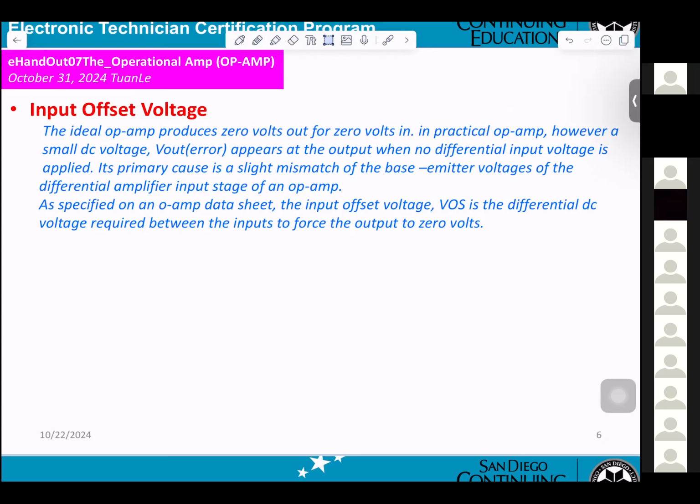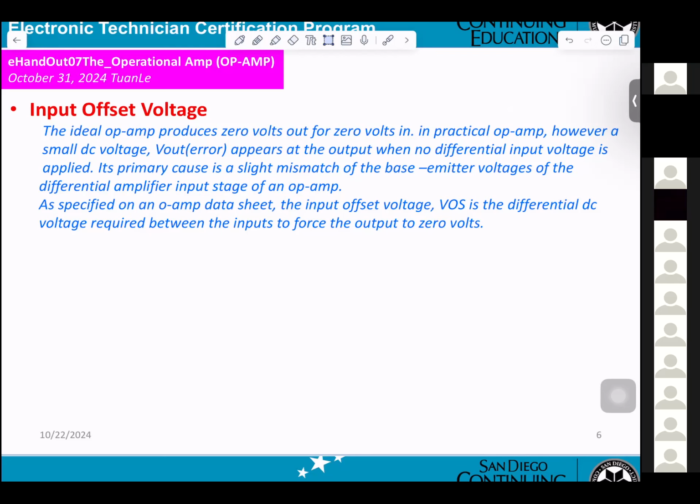As specified in the op-amp data sheet, the input offset voltage VOS is the differential DC voltage required between the inputs to force the output